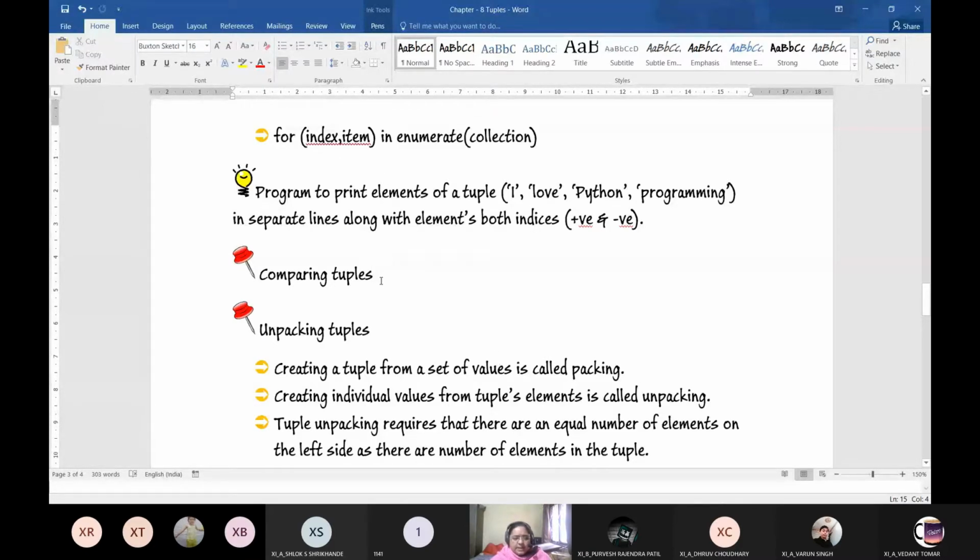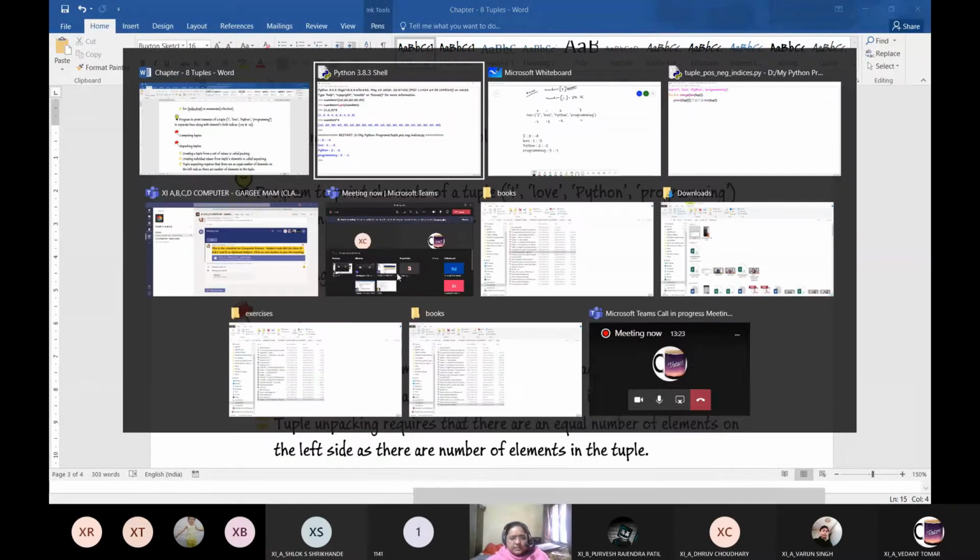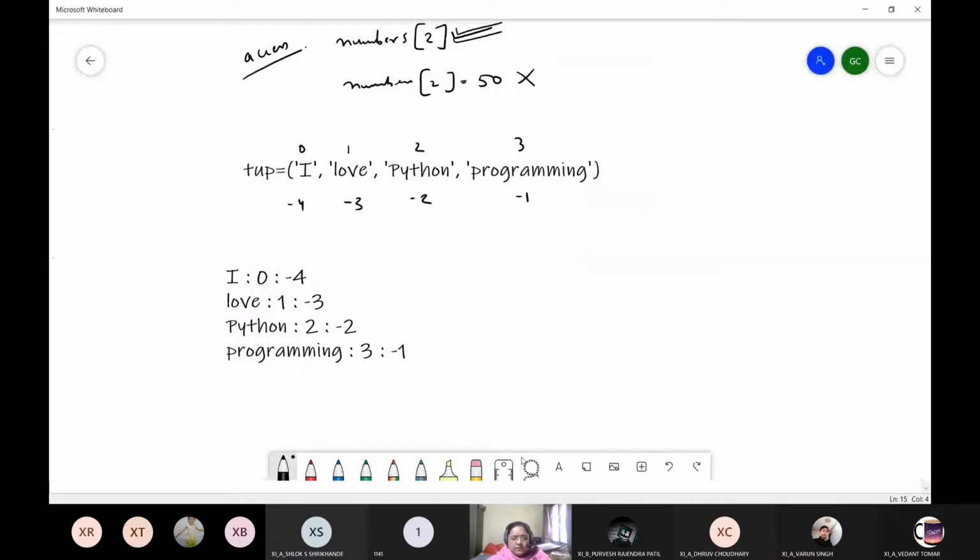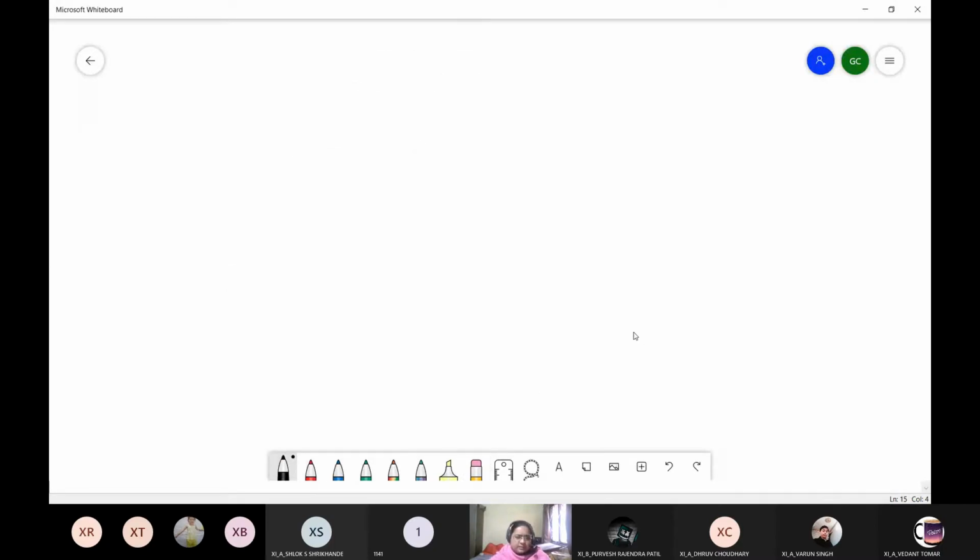Next is comparing tuples. Now, comparison of tuples follows all the rules of comparison of lists. The same way in which you compare two lists together, you also do it with the help of tuples.